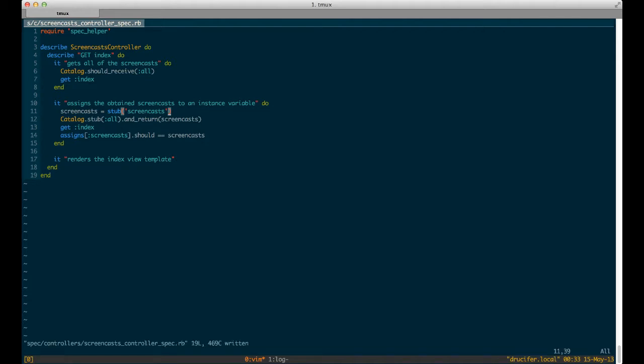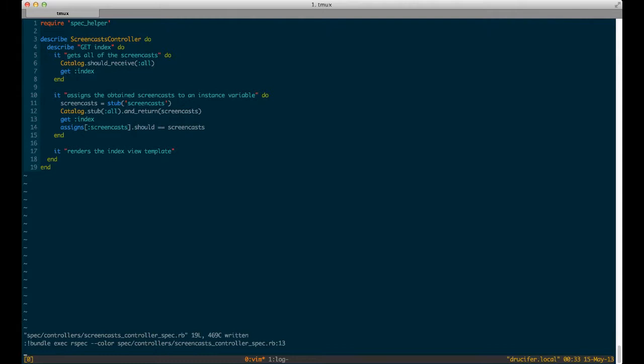So what we're doing with these two lines is first creating a stub object that represents our collection of screencasts. We're then stubbing the all method on the catalog module and returning the previous stub object. The reason we're doing that is to verify that the return value of the all method is what is assigned to the instance variable called screencasts in this controller action. So if we run the test now,